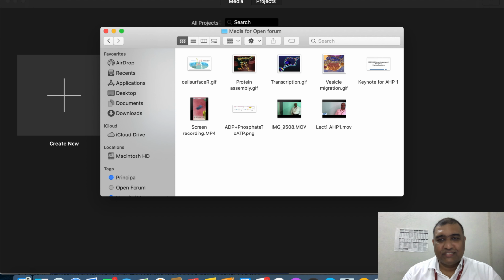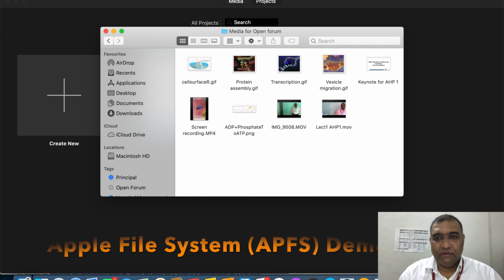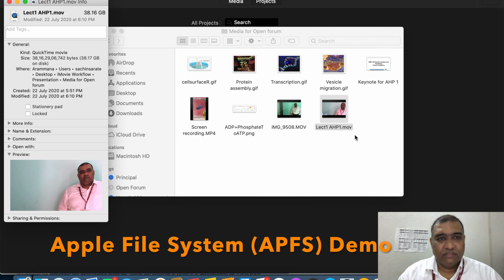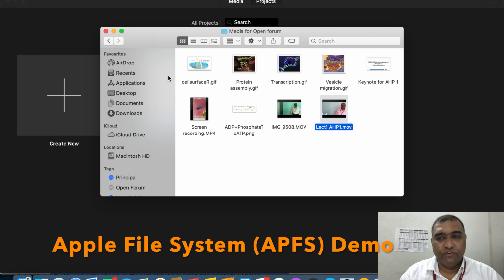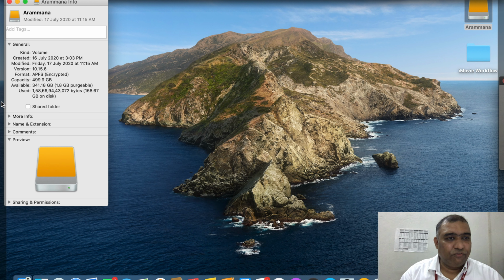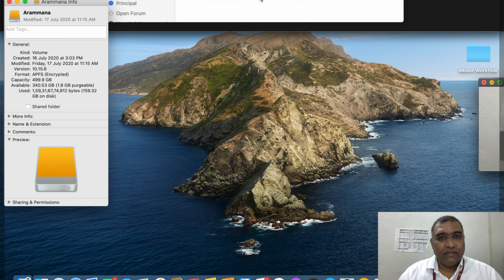Now Apple uses this Apple file system. I hope everybody knows about Apple file system. For example, this video file is around 39 GB, and my hard disk has 340.53 GB in it.